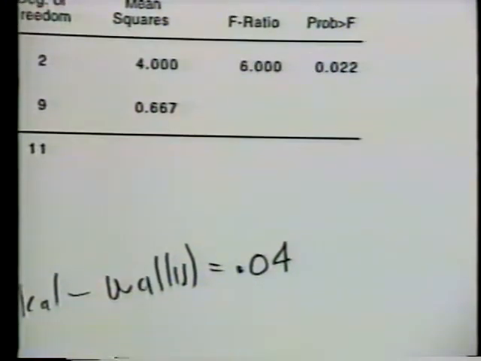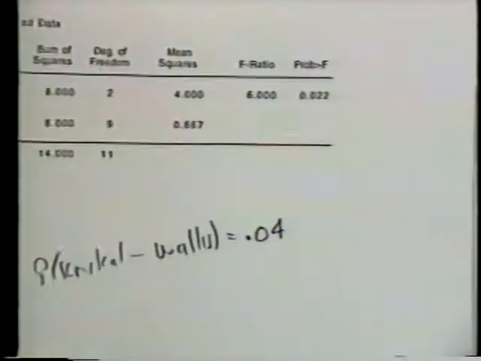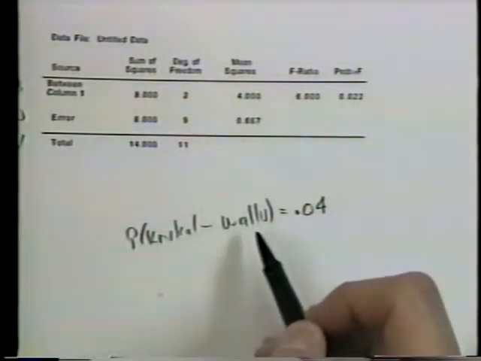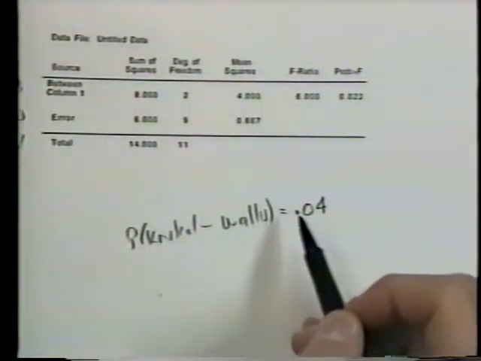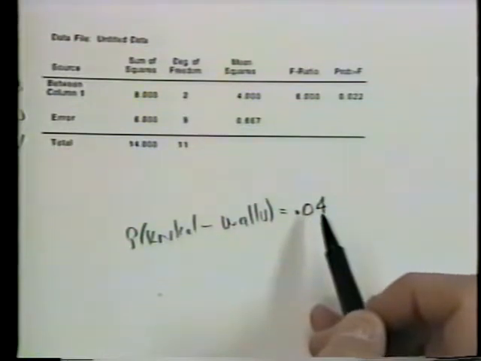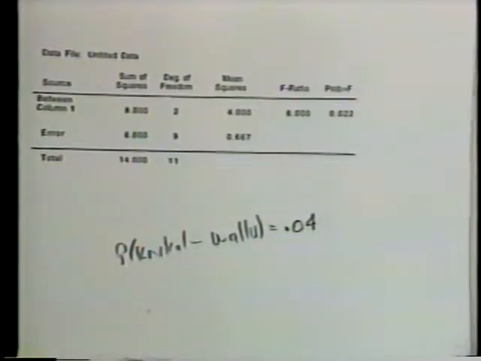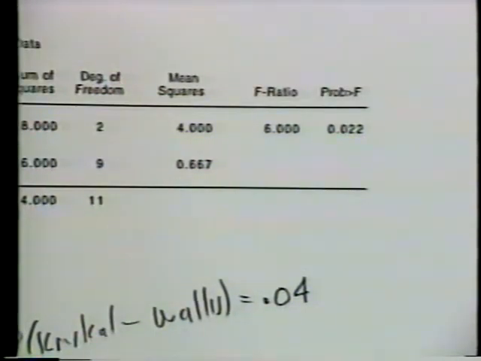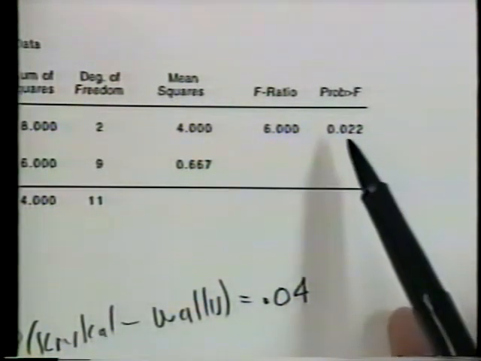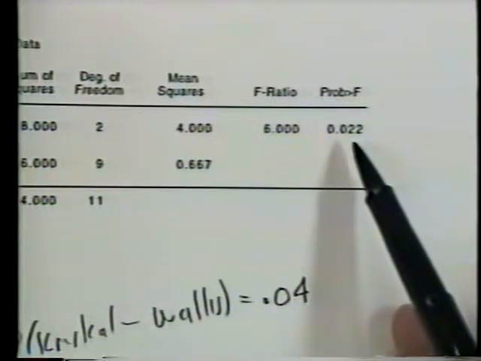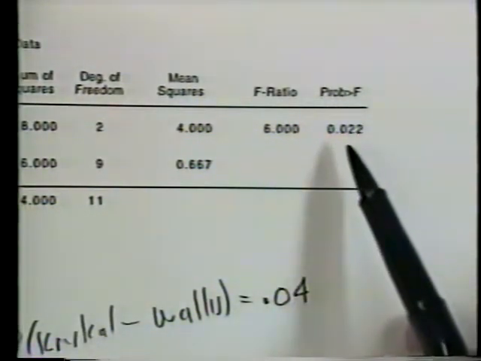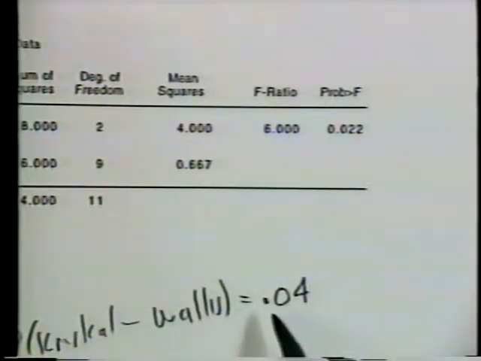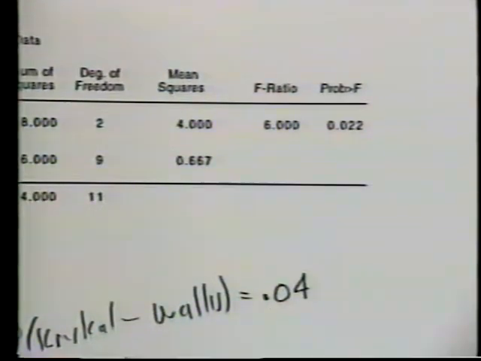Now, I've also done another non-parametric test on this called a Kruskal-Wallis test. And in that case, I calculated a p-value of 0.04. And again, this is what I've been saying all along. This is a typical case. We have a small number of values. We have 4 numbers at each of 3 conditions. This would be a typical case where a non-parametric test would be more appropriate. And you can see that the p-value of the parametric test, the F-test in this ANOVA, differs from the non-parametric test by a factor of 2. And this is what I've been saying all along.